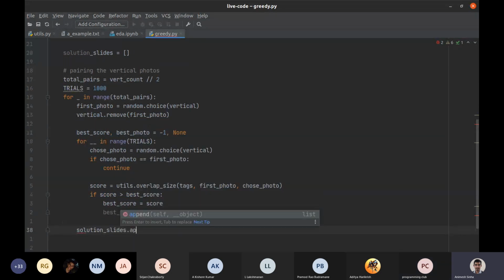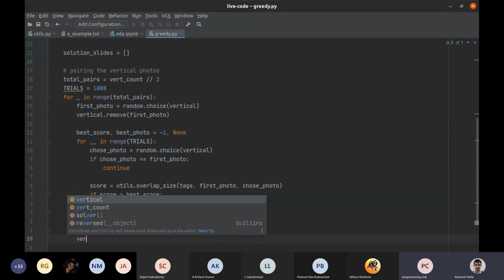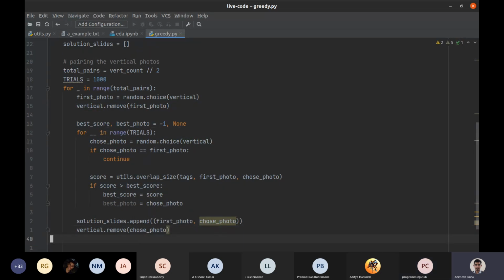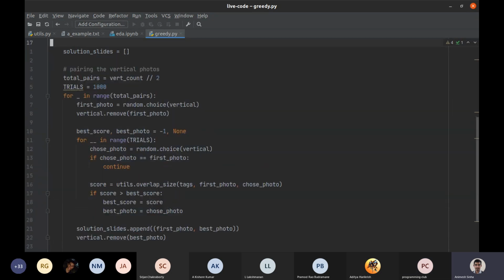So Gaurang has started off with a random photo, and then we had already written this thing called overlap size in utils. Another thing that you want to do in utils is not only write your overall scorer function, but also write smaller scorers, which is essentially saying how do you maximize the score of two vertical images. Now, score is not defined for two vertical images. So you can come up with your own sense of score, which is to just maximize the size of the set union of these two images. This is the most reasonable primitive guess anyone can make for how well two vertical images go together.